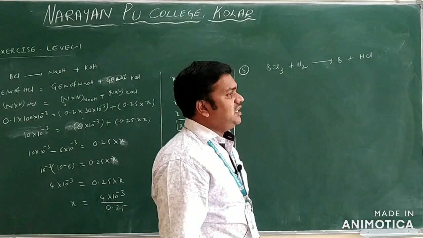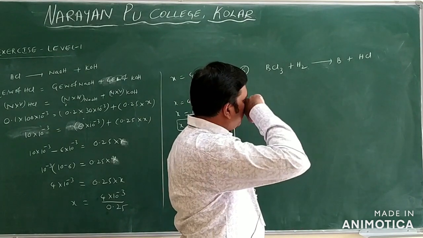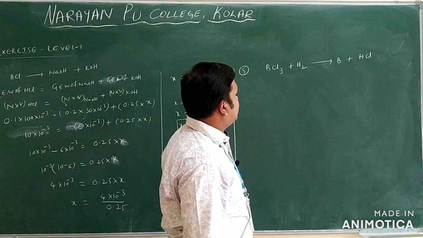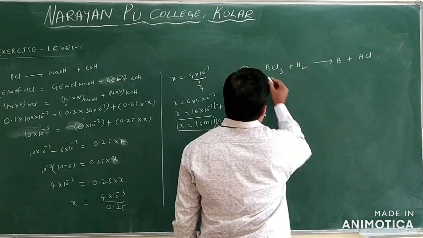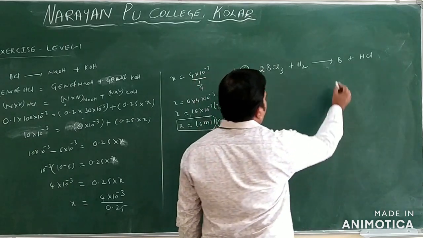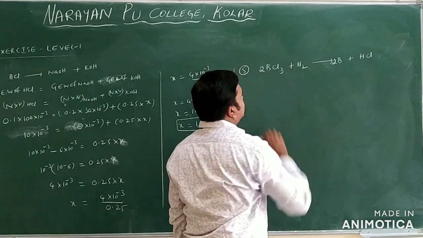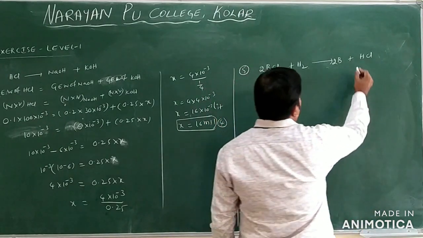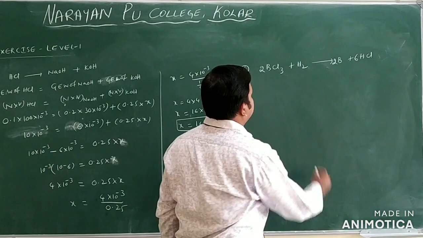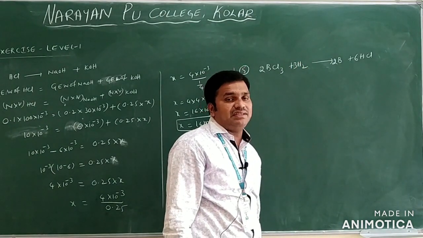This is the skeletal equation. You have to balance that equation here. So BCl3 we have and HCl we have. Suppose I am writing here 2 BCl3. Suppose I am taking here, how many borons I will get? 2 borons only. Here 2 into 3, 6 chlorines. I will write here 6 HCl. How many hydrogens we have? 6 hydrogens. You will write here 3 H2 only. This is a balanced equation.